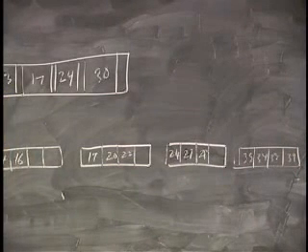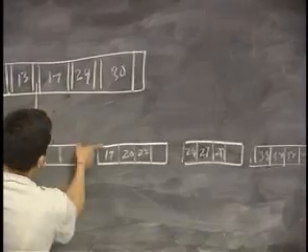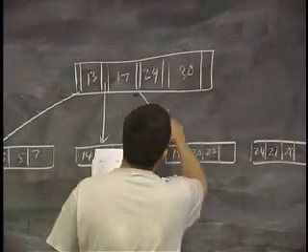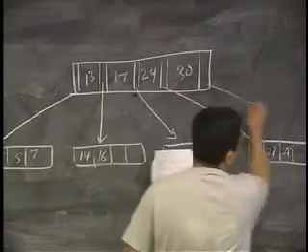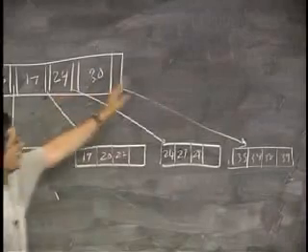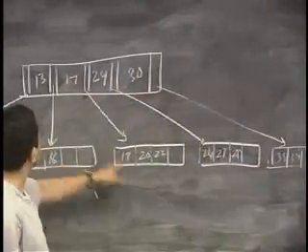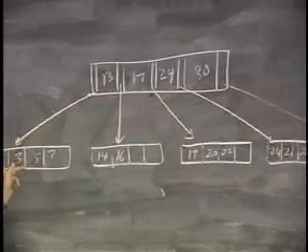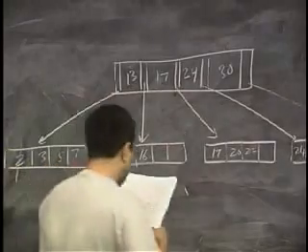So let's put it to the first one. This would go here. 17 would go here. 24 would go here. 30 would go here. Okay. Anything more than 30 will be pointed there. Anything more than 24, more than 17, more than 13, less than 13. Okay. So we will do